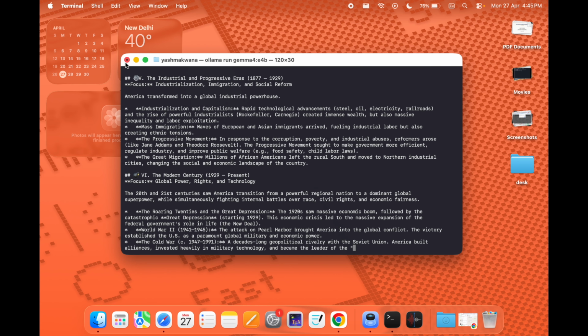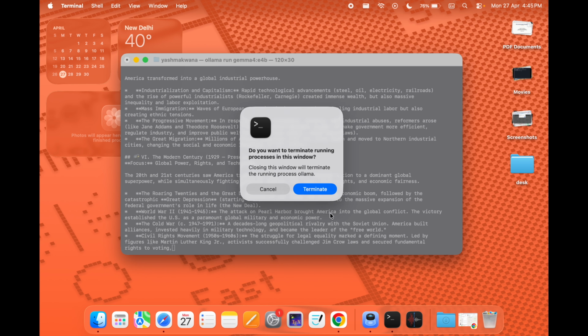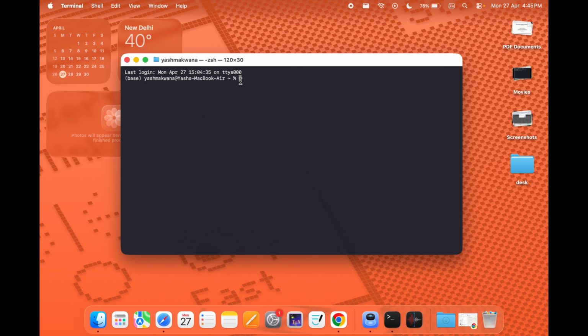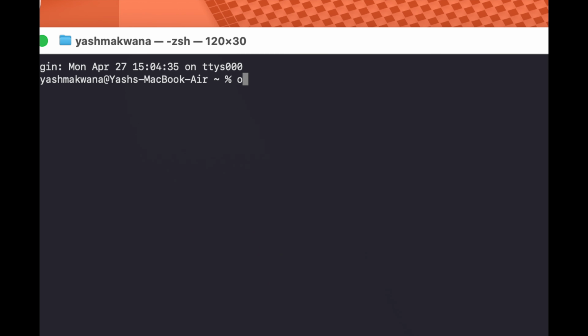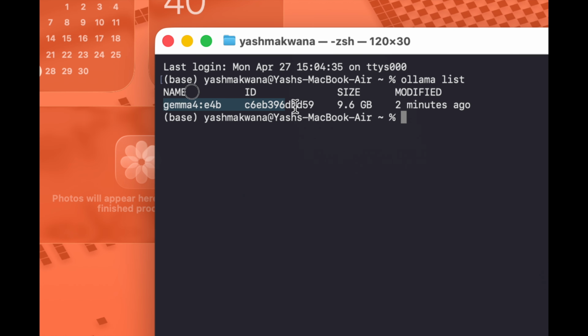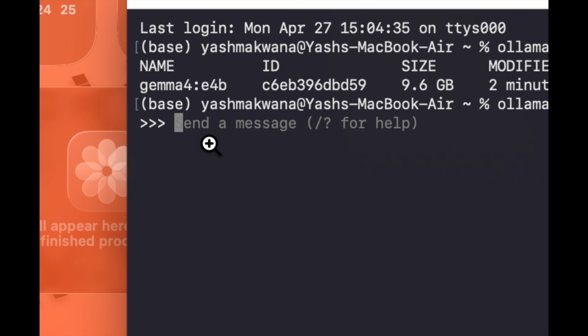Now I will close this window, and I will launch this again. So this is the terminal. Now I will type ollama list, and it is telling me that I have this model, gemma4 e4b. Now to run this model, I have to type the command ollama run gemma4 e4b, and now the model